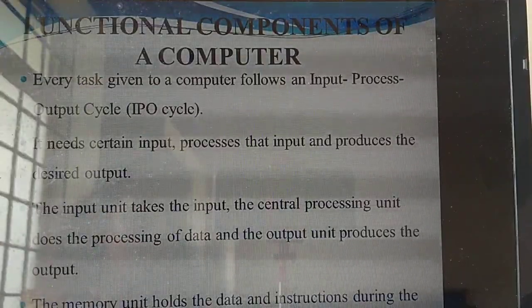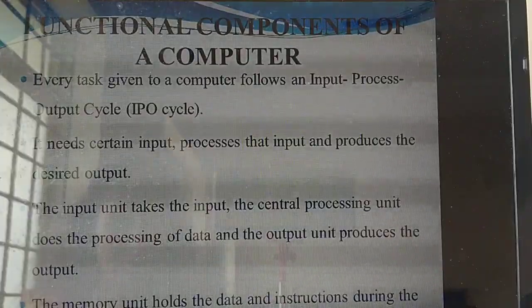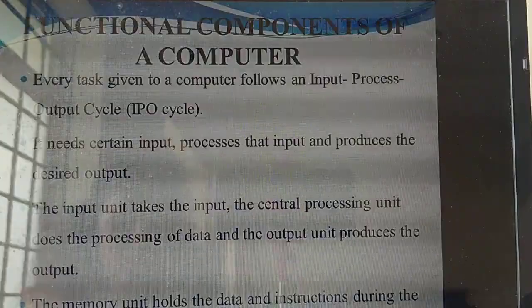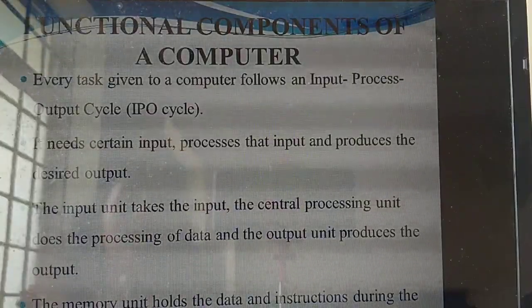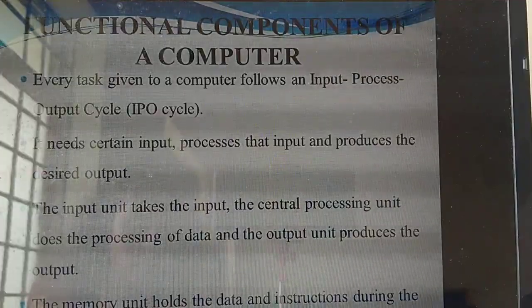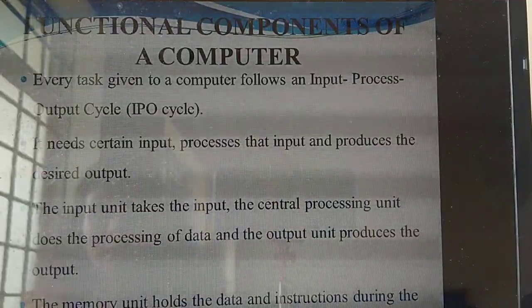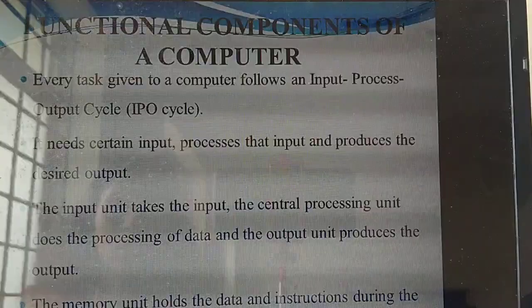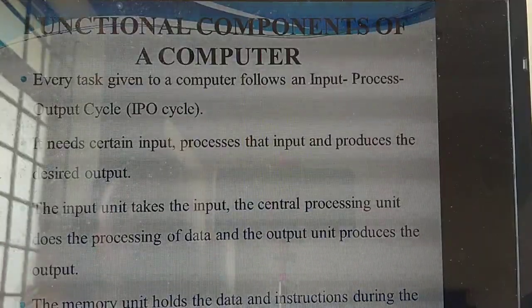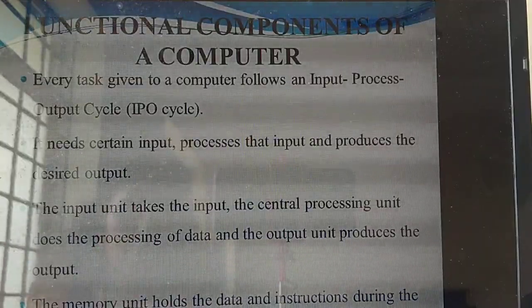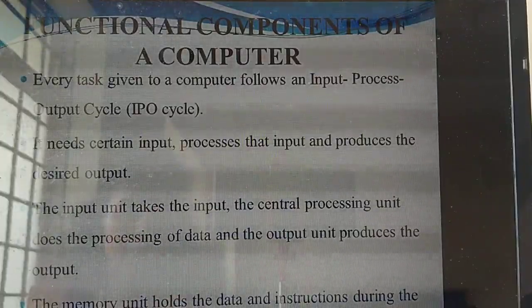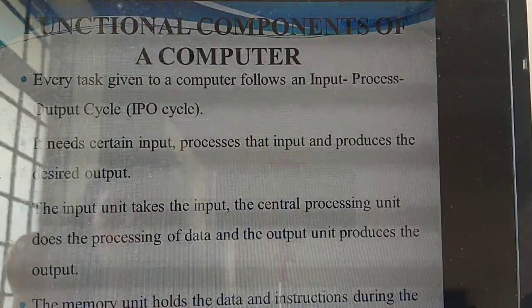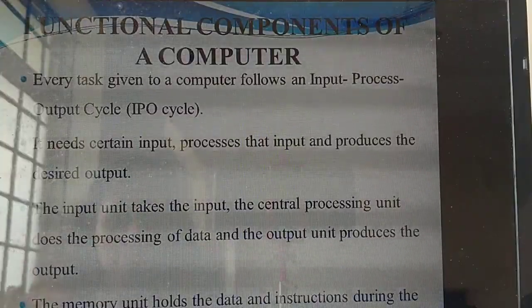So what's the first step? You need to give certain input. Next, the computer needs to process the input you are giving, and based on that input it processes. Then only it will produce the desired output. Understand now? Yes. So the input, who takes it? For example, I am giving the input by means of teaching. Who is the user giving input? Myself, the teacher. So who is processing that?